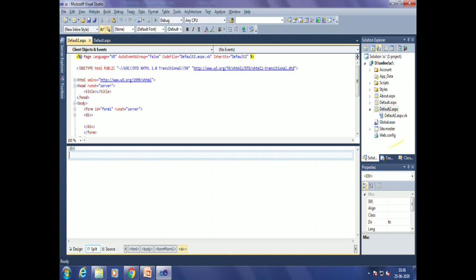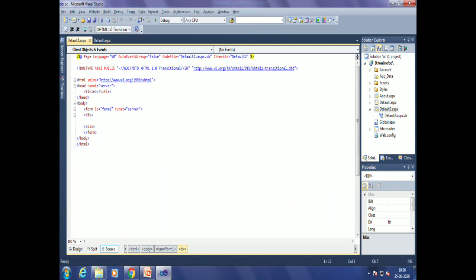Now we have third view. Look at bottom side, source view. What is use of source view? Source view is used to design web page by writing different tags manually.